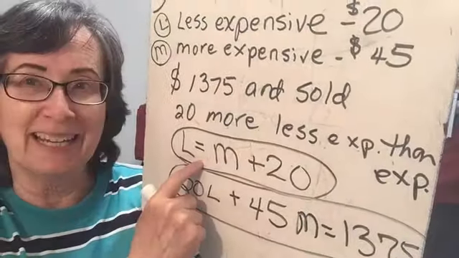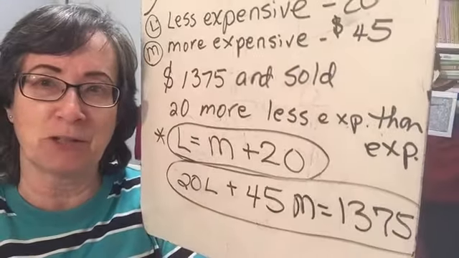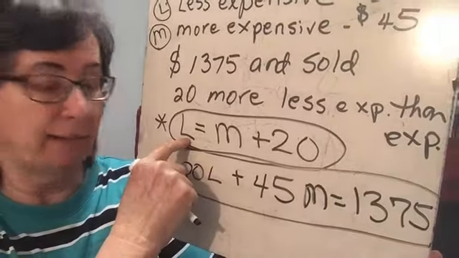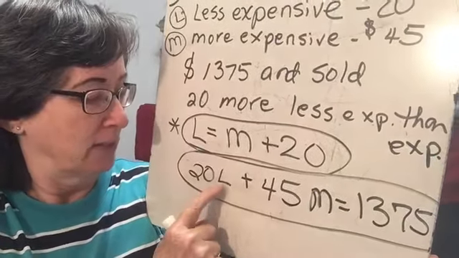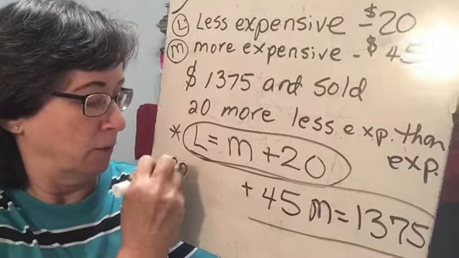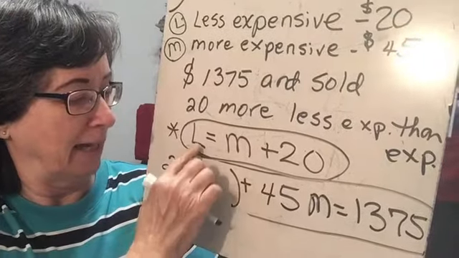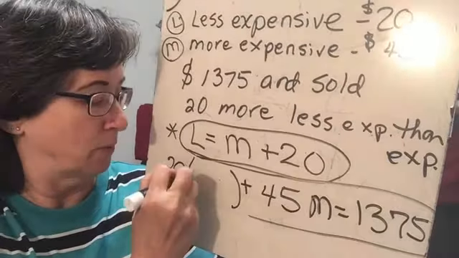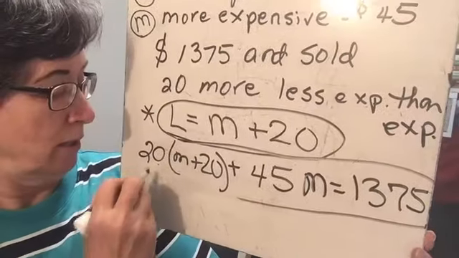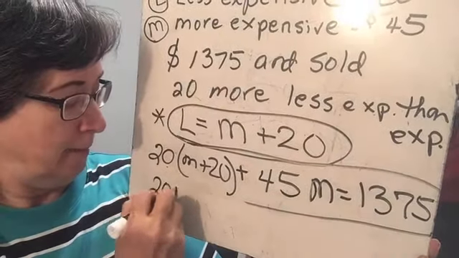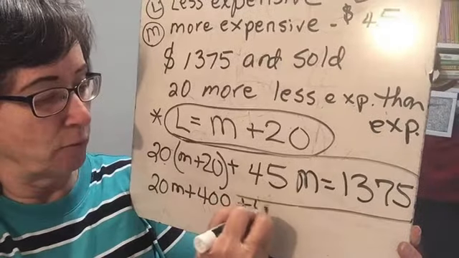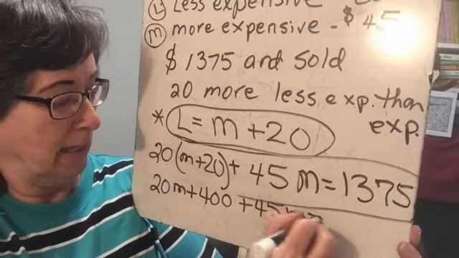So this one is already set up for substitution. So why change it? It's already ready. So we're going to slide this L right here in here. So 20L, I'm going to make it a little bigger, 20L, and the L is going to be replaced by M plus 20. Okay, so now we have to do some distribution. 20 times M is 20M plus 400 plus 45M equals